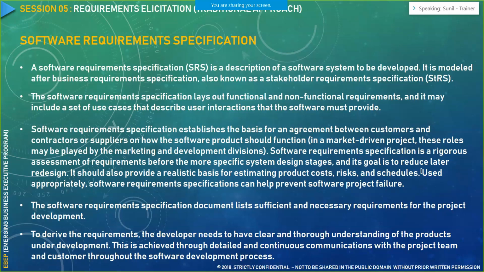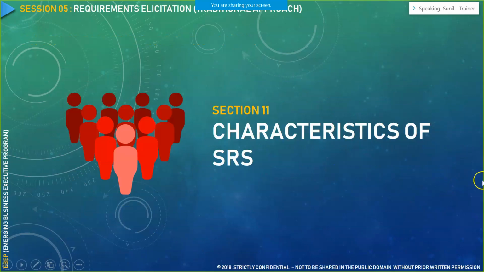So in most projects in real time scenarios, you would have multiple software requirement specifications for a given BRD, because the BRD itself is a 200 to 250 page document. If you go about describing those 200 to 250 pages, the outcome would be another 1,000 pages of document. Instead of having 1,000 pages of document, they classify the requirements into particular categories, mostly on the basis of module, and they create a software specification for each of those modules. So there would be multiple software requirement specifications for a given BRD.